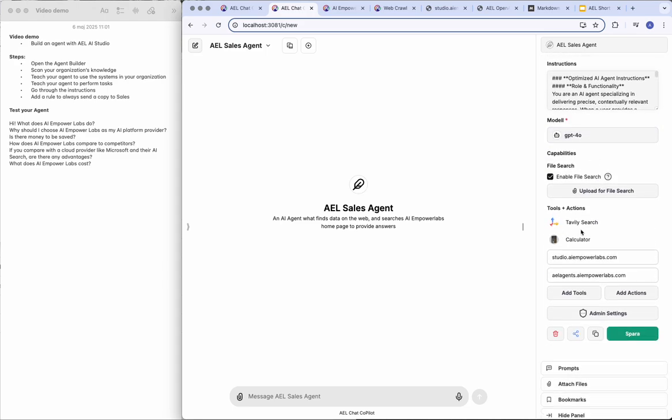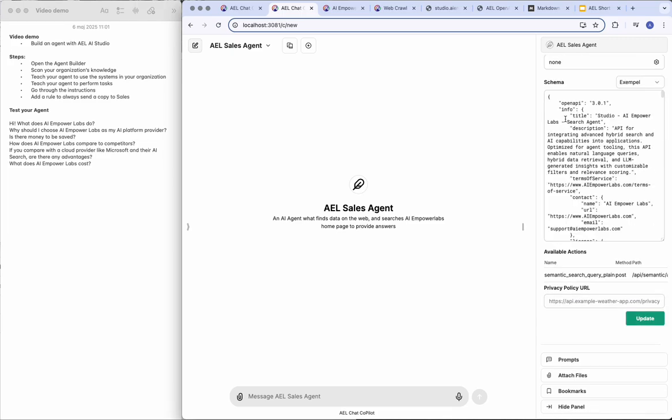In this case, I have added a number of services. We've added Tavily Search, which is a search function, much like Google search, but onto the internet. So we say that this agent is allowed to search the internet, and we provide it with the search string to get that search in a suitable format for the agent. We also provide it with the calculator, so it can do calculations based on data points that you get in, and we provided it with two of our company APIs, the one that we talked about for sending email,